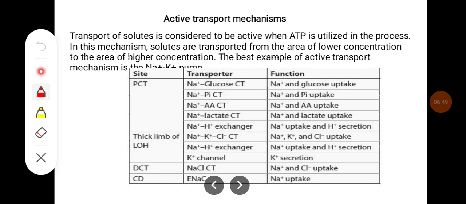Here are some of the active transport mechanisms. The transport of solutes is considered to be active when ATP is utilized in the process. In this mechanism, solutes are transported from an area of lower concentration to an area of higher concentration. Some of the examples where active transport occurs in the tubules of the kidney are in PCT, thick ascending